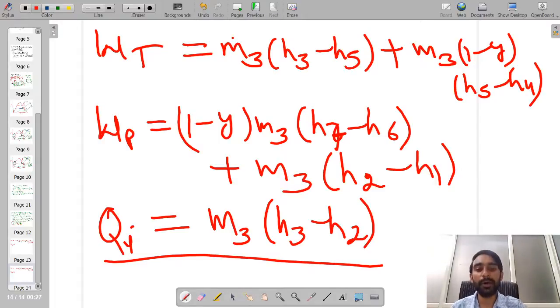If we incorporate all these, ultimately we will be able to estimate the efficiency of the open feed water heater based cycle. Now, the remaining cycles of closed feed water heater I will take up in the next lecture, and then we will also try to solve some numerical problems related to the regenerative Rankine cycle.